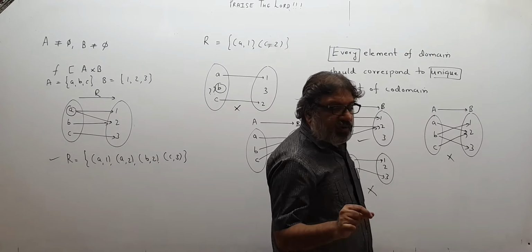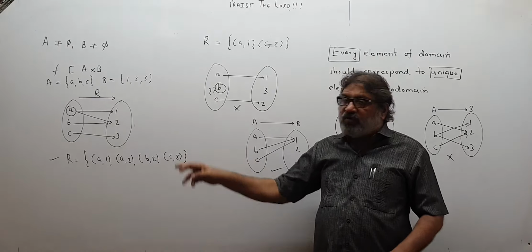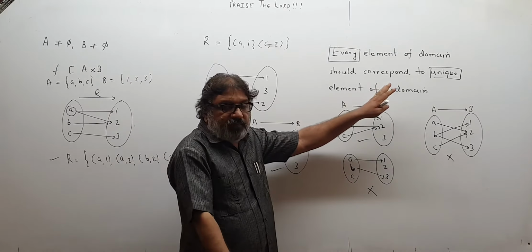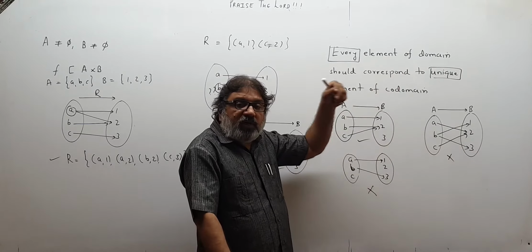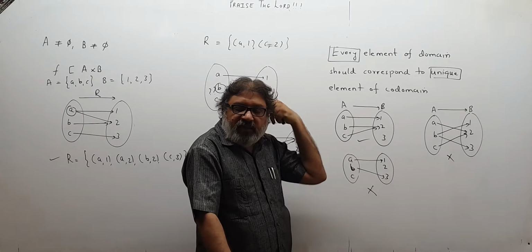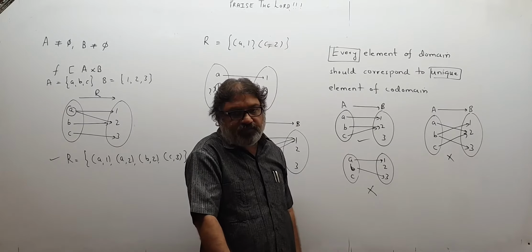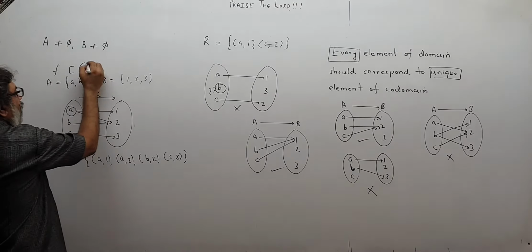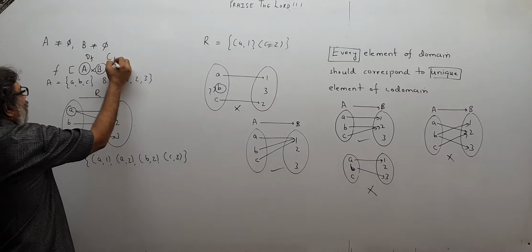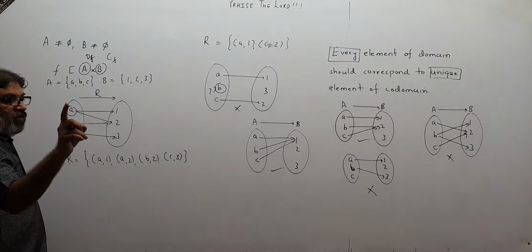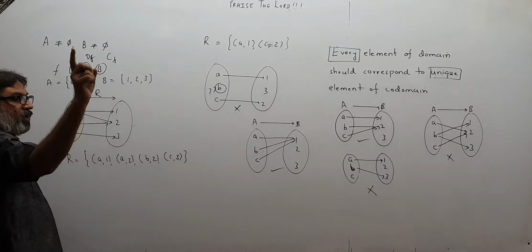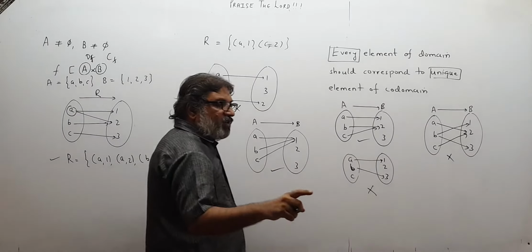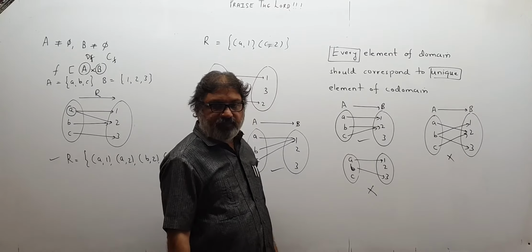So when A and B are two non-empty sets and F is a subset of A cross B, under what condition can a relation become a function? I told you this is the condition. Every element of the domain should correspond to a unique element of the codomain. Then the relation can be called a function, otherwise no. And in this case, when F is a subset of A cross B, A will be called the domain of the function and B will be called the codomain of the function. In relations we said this was not necessarily the domain of the relation, but in functions the first set will compulsorily be the domain and the second set will be called the codomain, compulsory.